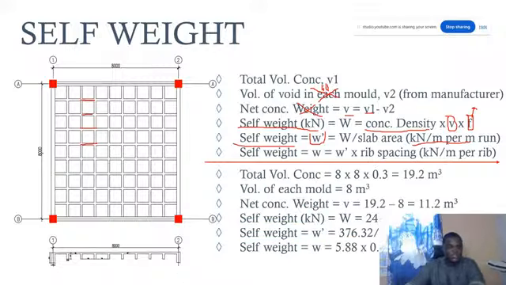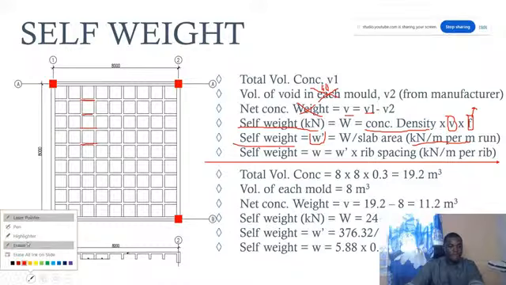Our slab is 8 meters by 8 meters, and the overall thickness in this case, I mean the topping and the rib together, is 0.3, 300 mm. So if you do this simple calculation, you are going to end up with 19.2 meter cube as the total volume. So let's say the volume